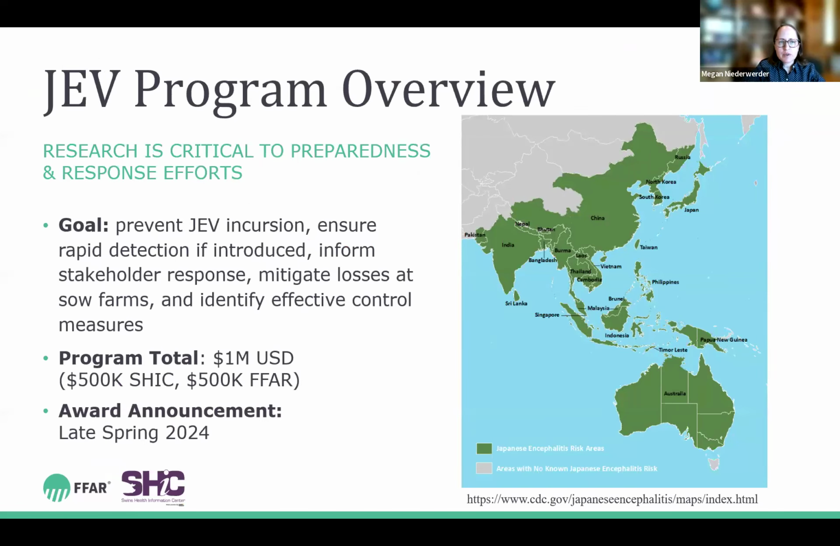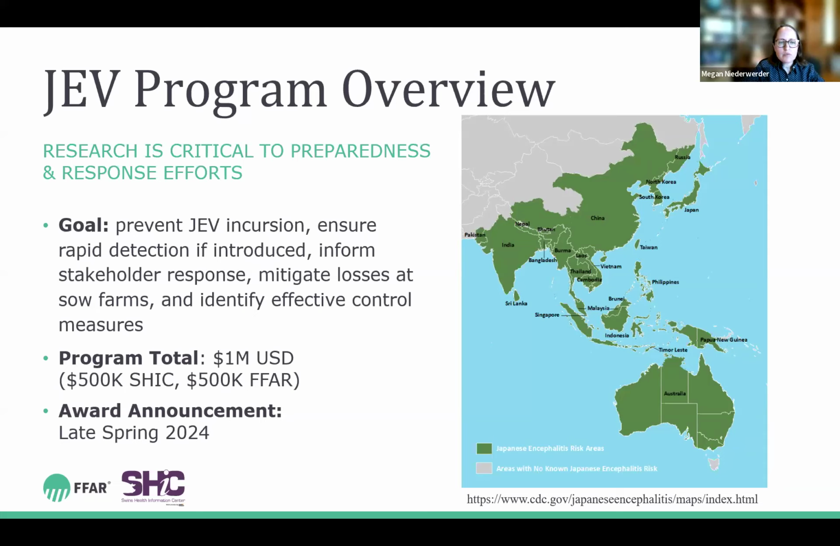So coming together for the JEV research program, the Swine Health Information Center has partnered with the Foundation for Food and Agriculture Research really to leverage our funds and enable a program that has increased breadth of research priorities. So we have come together at a one-to-one match for a total of $1 million US dollars for this program. Really thinking about the US being negative for JEV, as you can see the JEV risk areas in the figure